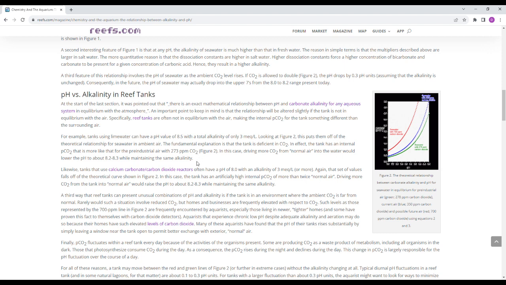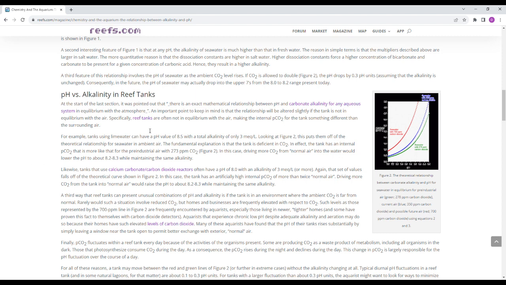This scenario is driving more CO2 from the air into the water. This scenario is CO2 gassing out of the water into the atmosphere